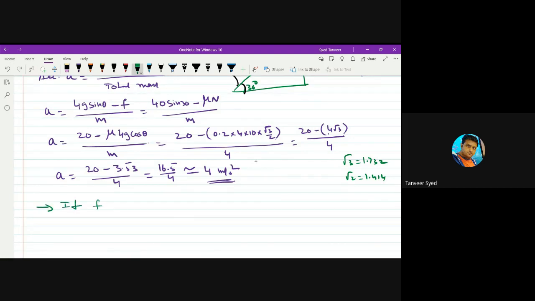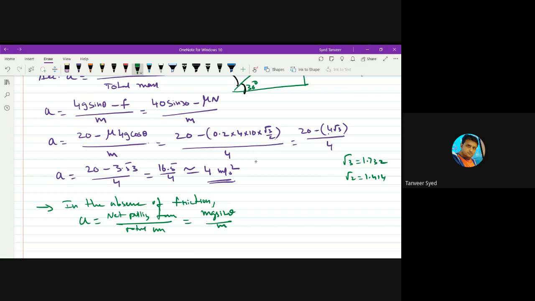If friction is ignored, or in the absence of friction, acceleration is equal to net pulling force by total mass. There's no other force to add here. What is the net pulling force? Only mg sin theta